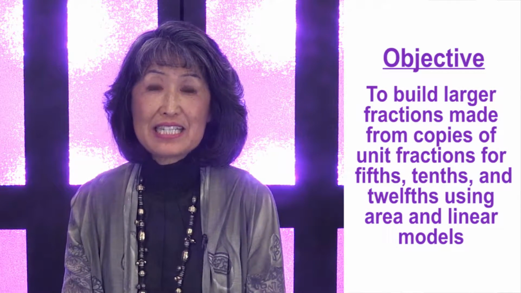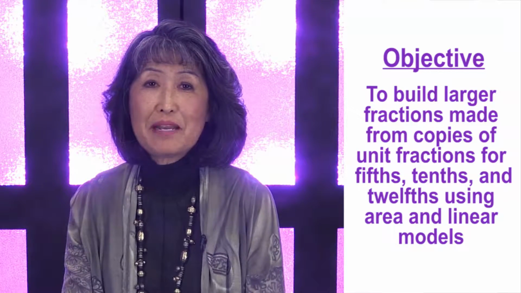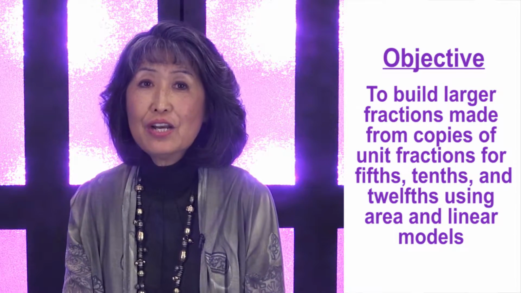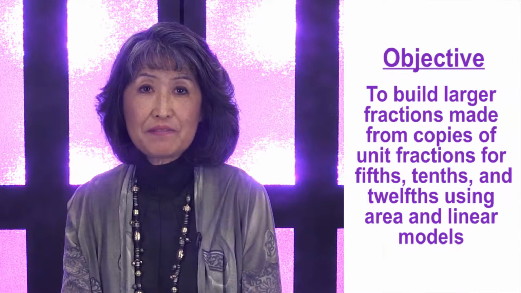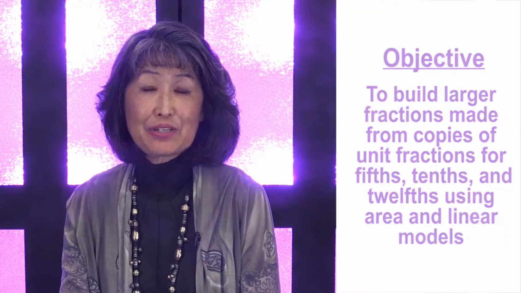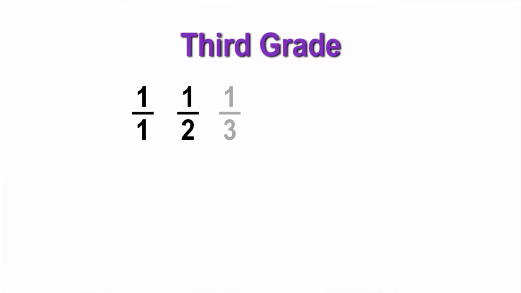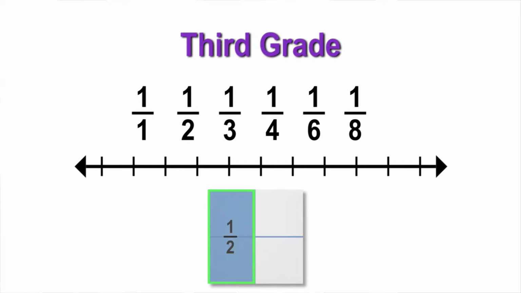The objective of this lesson is to build larger fractions made from copies of unit fractions for fifths, tenths, and twelfths using area and linear models. In third grade, students worked with denominators 1, 2, 3, 4, 6, and 8, practicing iterating unit fractions with number lines and area models. Now in fourth grade, students will continue to use both models, but with denominators of 5,